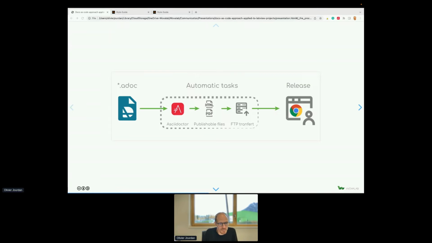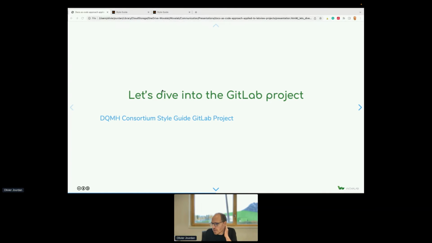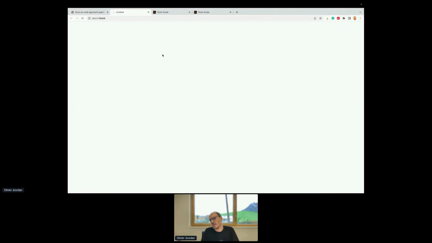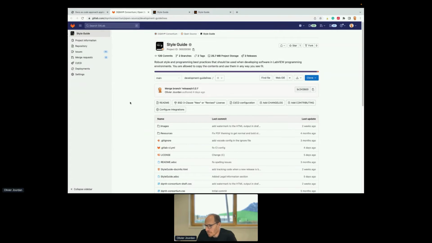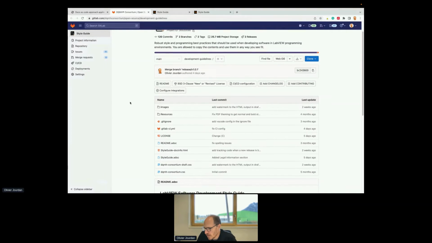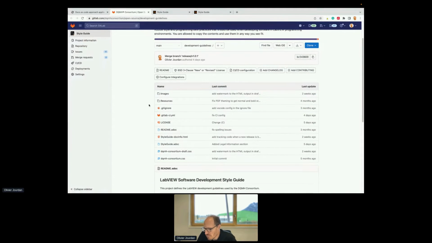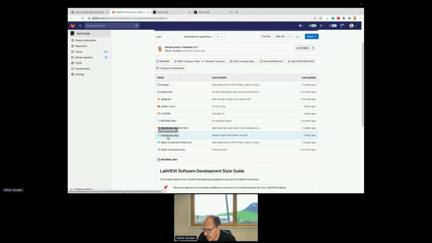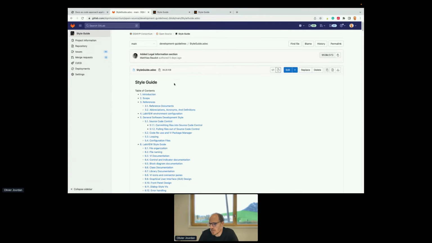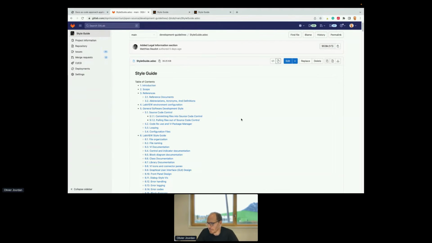So let's dive into the style guide GitLab project. The thing we can see is that we have folders of resources, images, etc. But the really interesting part is the style guide. This is one file with the extension ADoc. As you can see, GitLab, and it's the same thing for GitHub,